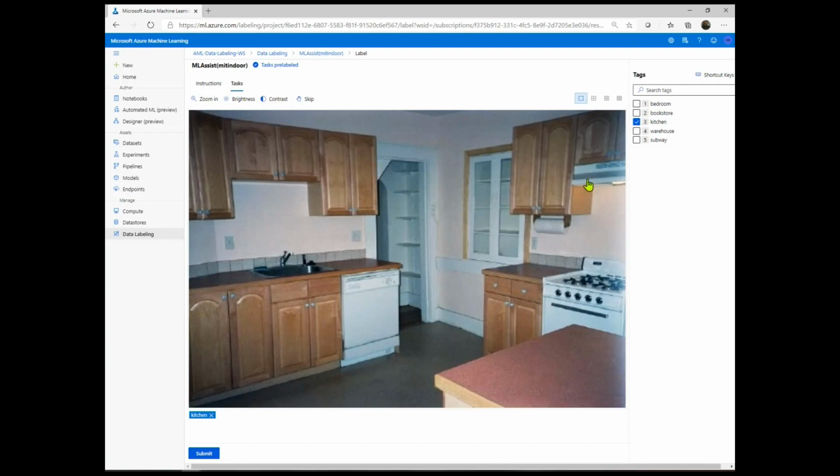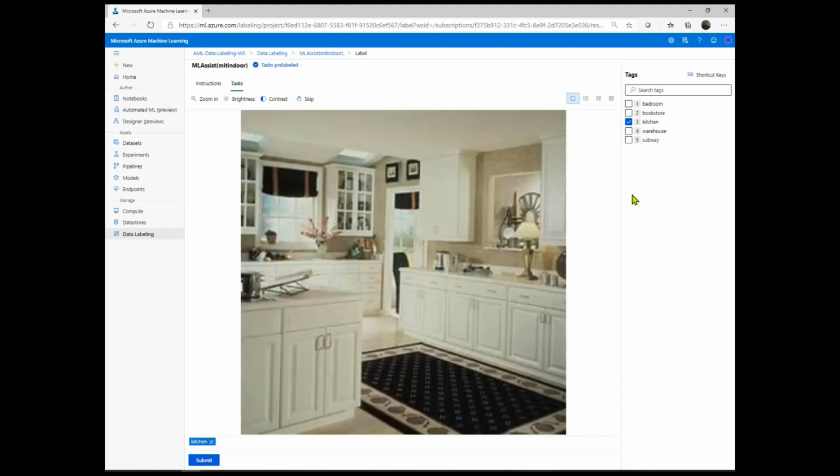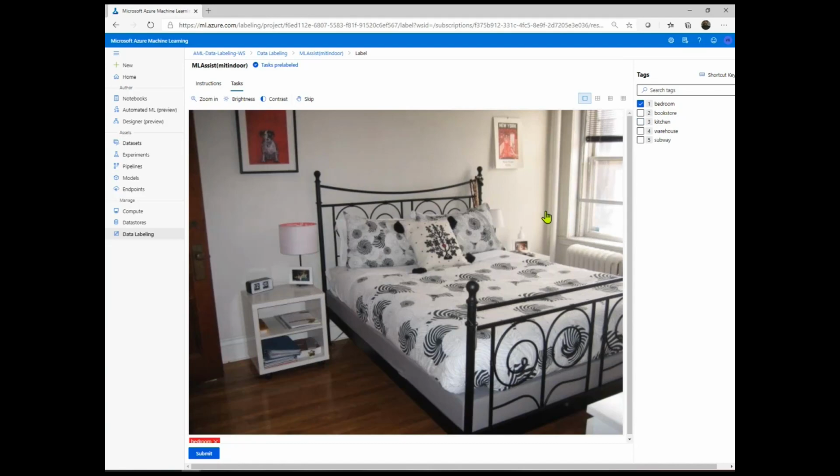I'm very happy with how the tags are being assigned. This is a kitchen. So I will go ahead and click Submit. The next image shows up. Here, the machine has already marked the label as kitchen. I'm happy with this as well. I will go ahead and click Submit. Now, getting back into the project,